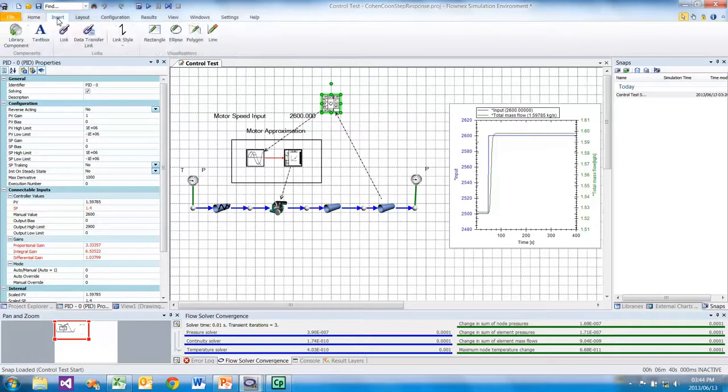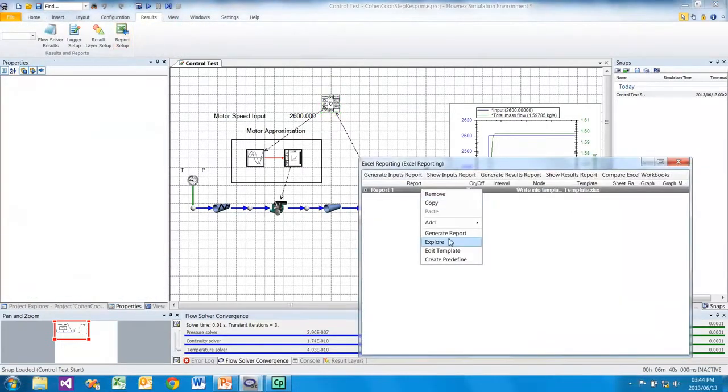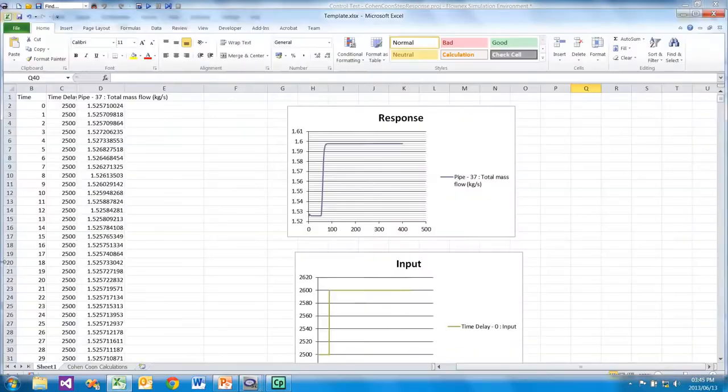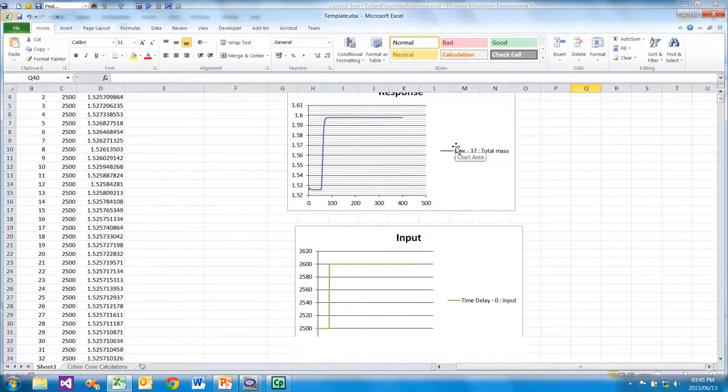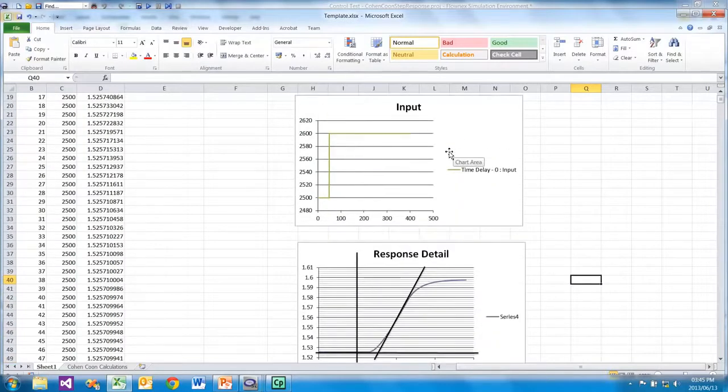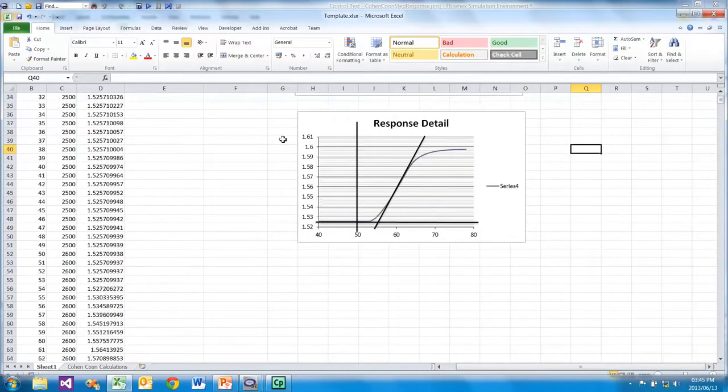Let's open our Excel report. We can see the data has been logged again in nice tabular format with a graph of our response, our control change, and a closer detail graph of our response. Here we have our slope line with which we can determine our dead time,